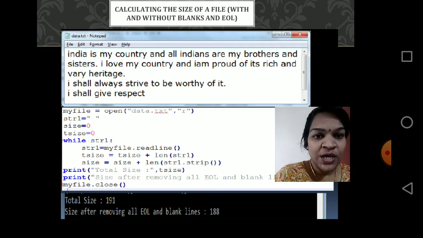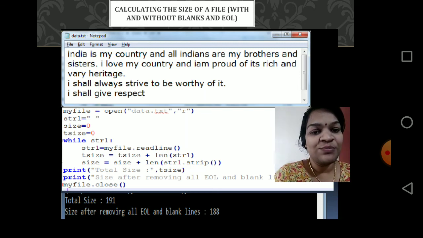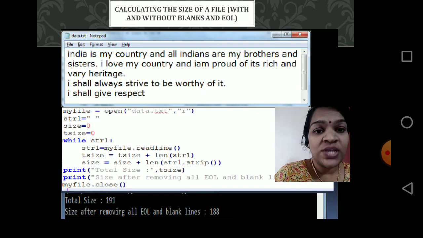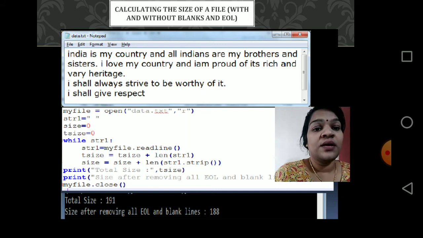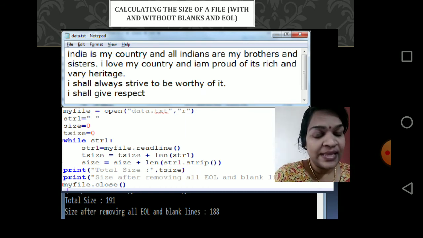You can see the program starts with opening the file. A string is initialized, and size is initialized to 0. tsize is the total size, which is also initialized to 0. Those are some local variables used, and you start reading from the file using a while loop. The readline function is used to store the first line.